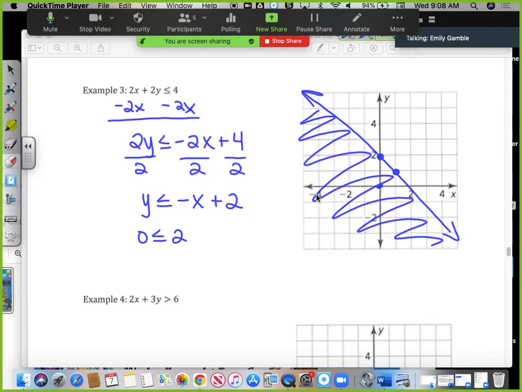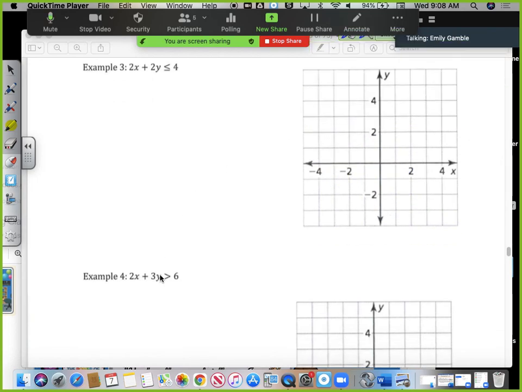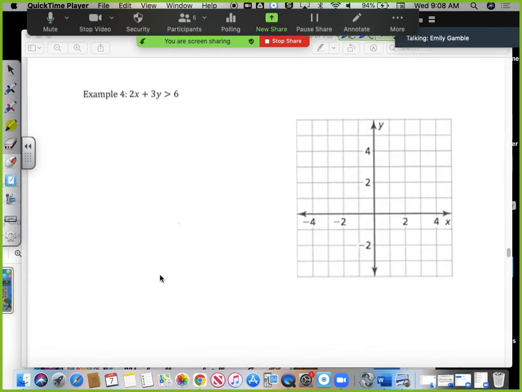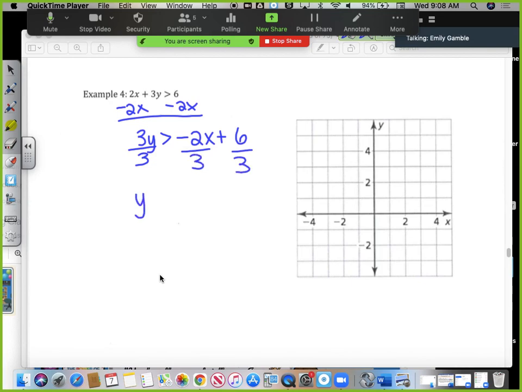And then example 4, we have to do the same thing. We have to do 2 steps. We have to first subtract 2x from both sides. When I subtract 2x, I'm going to get 3y is greater than negative 2x plus 6. And then to get rid of the 3 in front of the y, I have to divide everything by 3. I'll get my inequality is y is greater